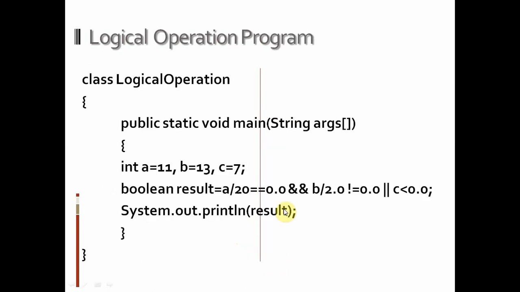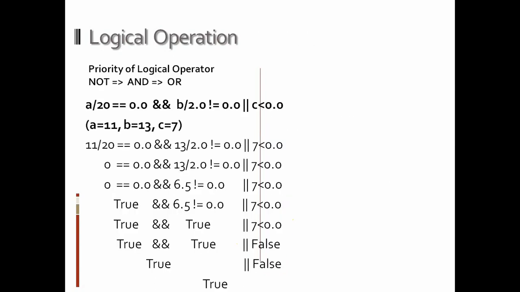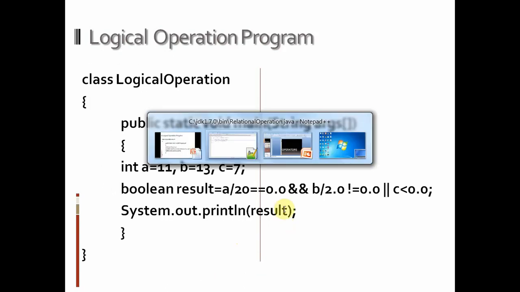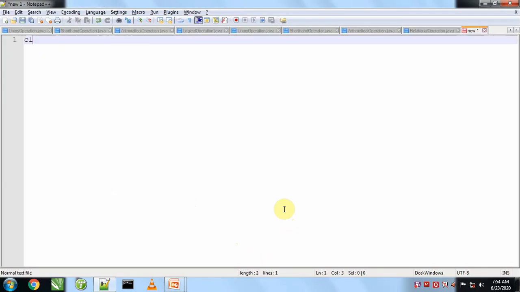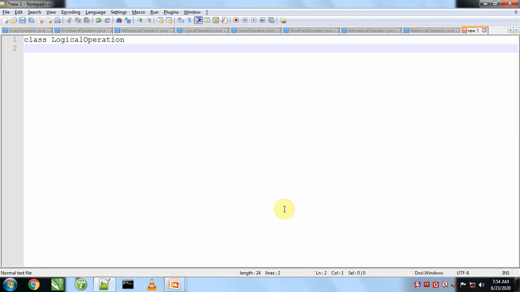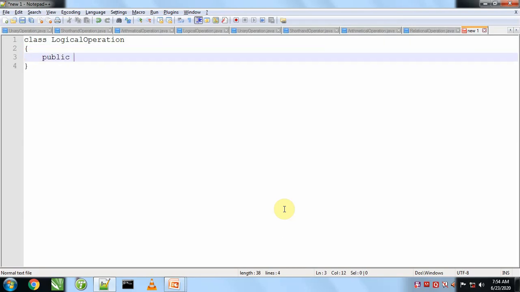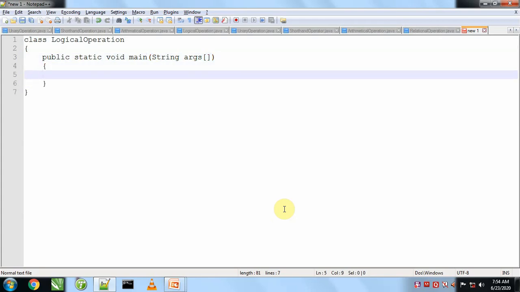Now we will make a program based on this expression. For this we'll open Notepad, and we'll take a class LogicalOperation. We will take the main method, and here we will take integer variables a equals 11, b equals 13, and c equals 7.